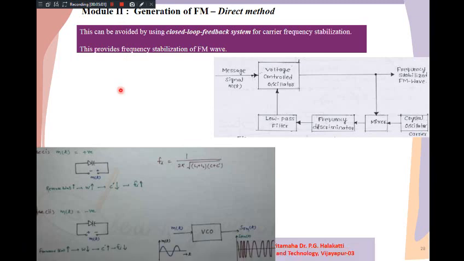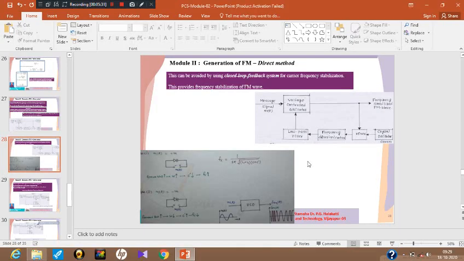This one you can see here, when the message signal is positive. If you have the full circuit analysis, then you can understand. But right now, what you can remember and include in your answer to elaborate in detail about the operation of the direct method generation of FM is that during the positive peak, it is going to reverse bias your varactor diode.